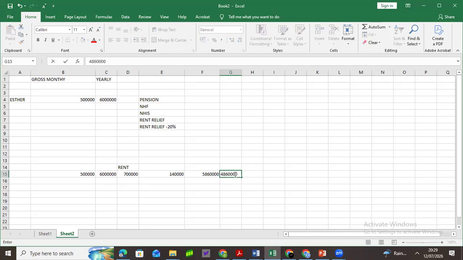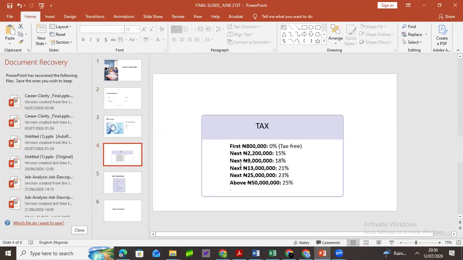So you see that the amount is getting lower. That means the amount of tax you pay is also getting lower because now they're not taxing your full 6 million naira. If they taxed you the full 6 million naira, where would you fall? Let's go back here. First of all, 15%. So you would be paying more than 15% or less than 18% if they're taxing your 6 million naira. Do you understand?